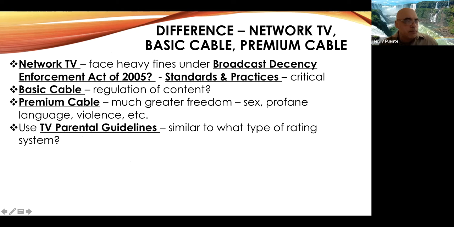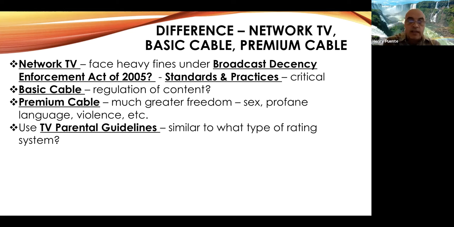So one big difference, one of the things that some students, I don't know if my capstone students have this problem, but certainly my 346 students have this problem. They see network TV and basic cable as essentially the same, but it's not. They're different. And so if you don't know the difference, just some basic differences. Network TV has to operate under the